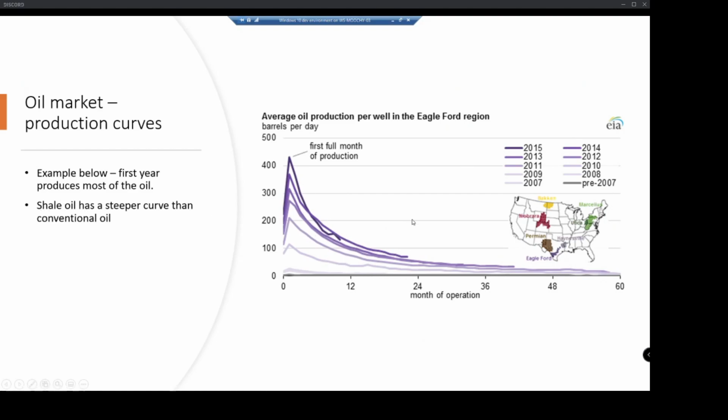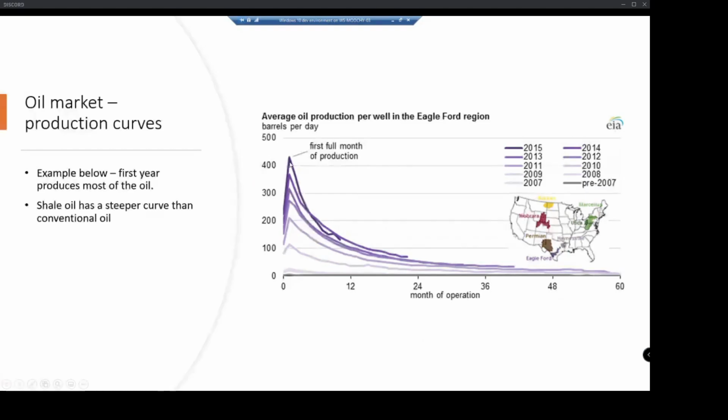Conventional oil, the other thing is these look like shale oil curves to me. Most of the onshore oil production in America now is shale oil, fracking. Whereas a conventional reservoir, which is the traditional, if you've ever seen the movies where they drill a hole into the ground and then all this oil shoots out the top, that's a conventional oil field. And that tends to have a much better production profile in that it doesn't dramatically drop like this. It's more like a curve that looks like this, much nicer curve.